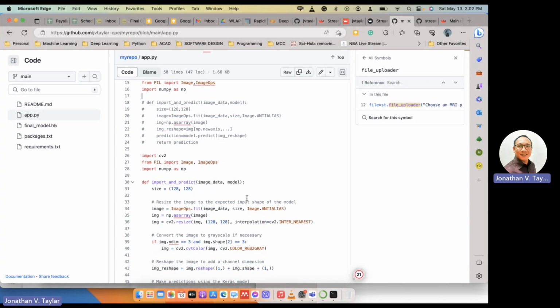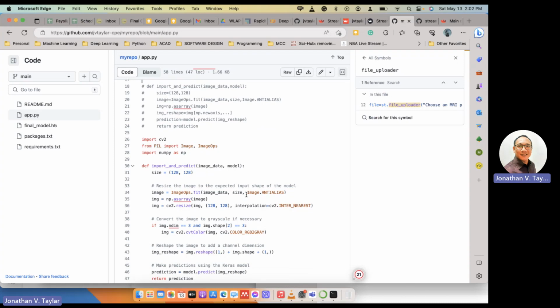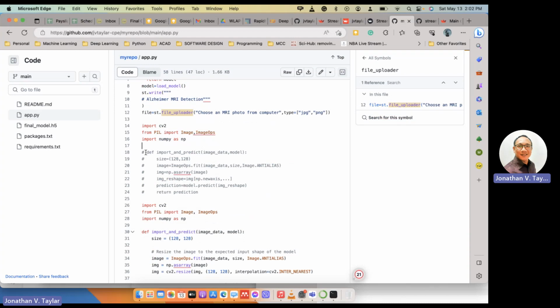tweak something, because when I created her model, it's too large. It's more than 30 megabytes. But I need to create a model that is smaller than 30 MB because GitHub will not accept it. So all models that are created beyond 30 megabytes will not be accepted by GitHub. This should be an alarming announcement to you. So you have to be careful in creating your model. Make sure your model is smaller than 30 megabytes. So as you can see here, I highlighted this part and I put it here because